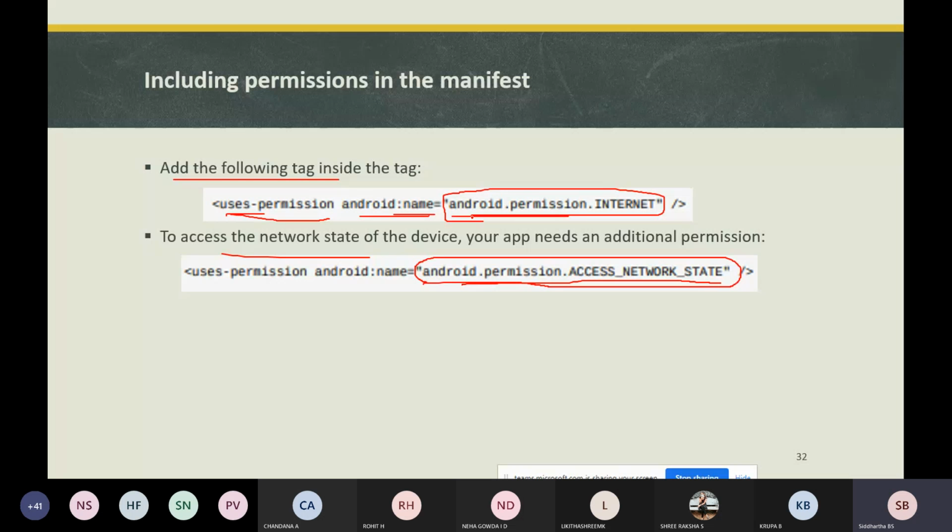This code snippet tests whether Wi-Fi or mobile data is connected.